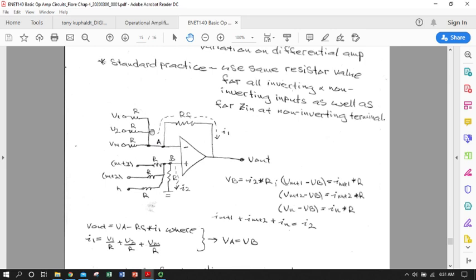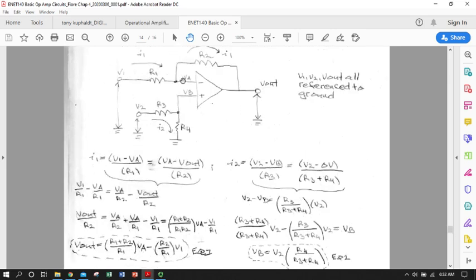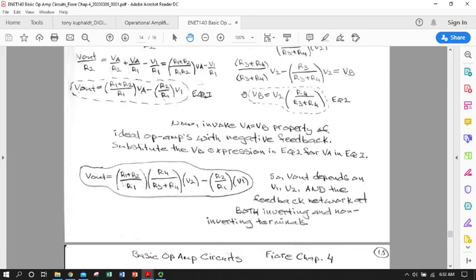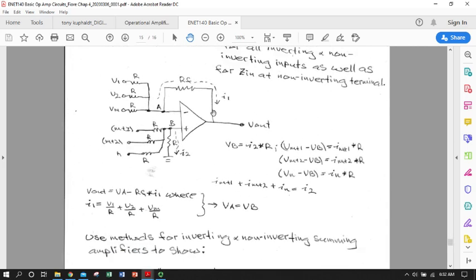So we would use all of our algebra and combinations of equations to get our voltage points at A and B, and then use the same procedures we used back here with the differential amplifier to get our output. So it's basically an all of the above. If you walk through all of that math, which you will not be required to do for